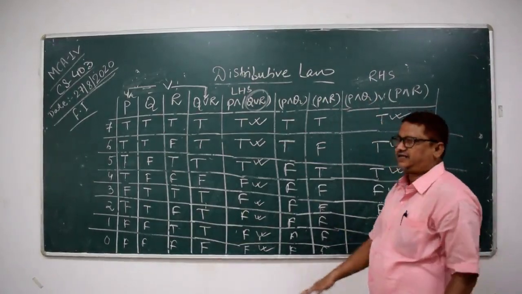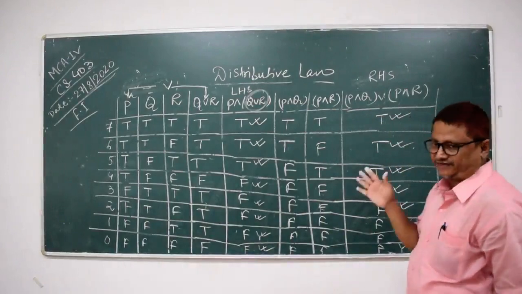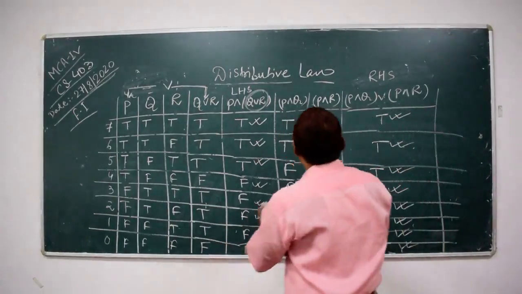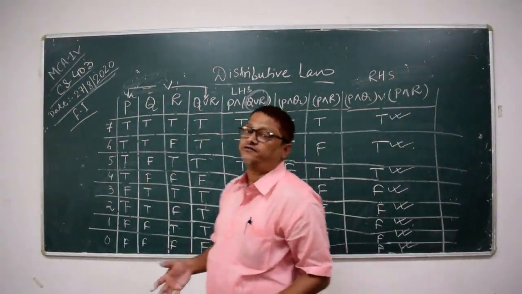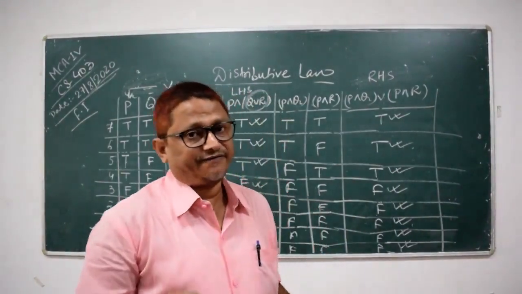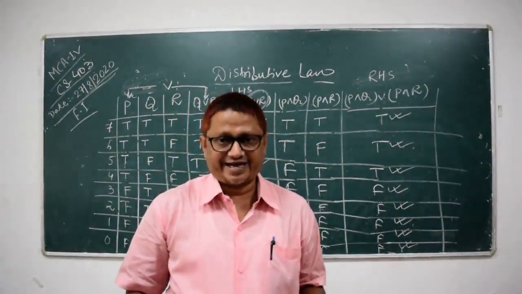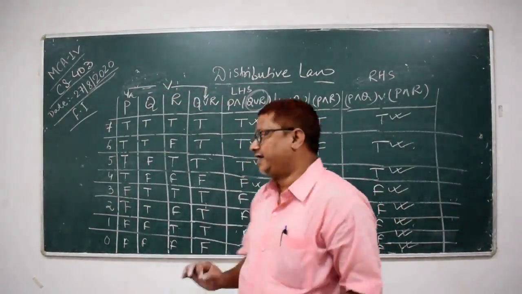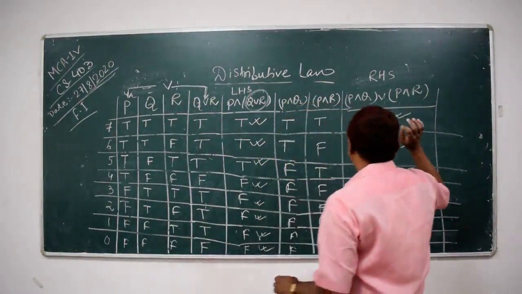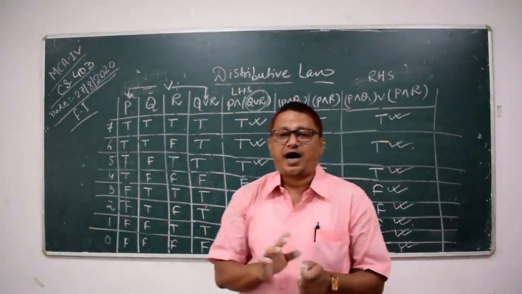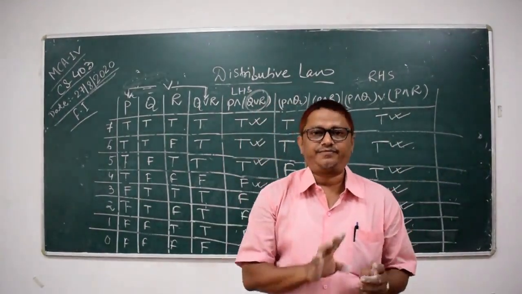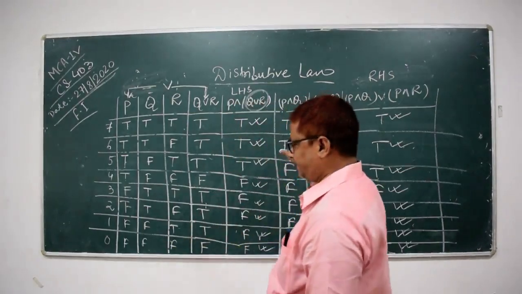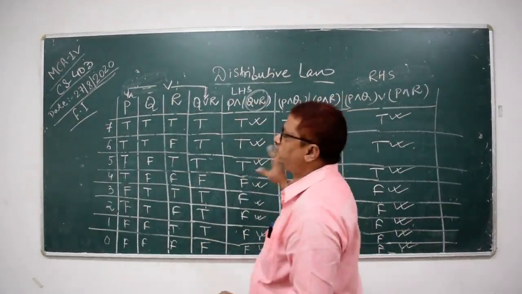And finally, we compare the left hand side to the right hand side. If the value of the left hand side is equal to the right hand side, hence prove your law. The value of the left hand side must be equal to the right hand side. Each and every value is compared individually. हर एक वैल्यू को इंडिविजुअली कंपेयर करेंगे लेफ्ट हैंड साइड से राइट हैंड साइड को. अगर दोनों का मान लेफ्ट हैंड साइड और राइट हैंड साइड का इक्वल आता है, इट मीन्स योर ट्रूथ टेबल इज करेक्ट एंड हेंस प्रूव योर law.